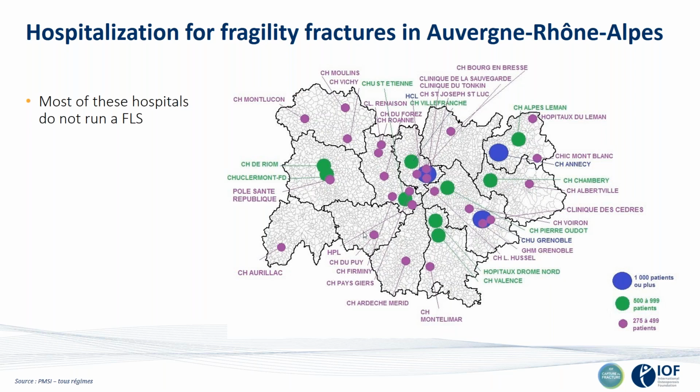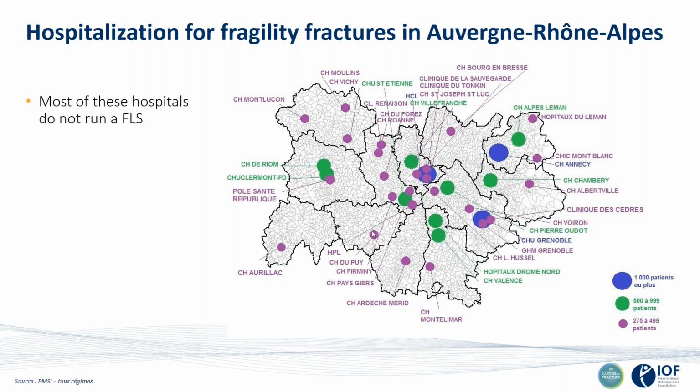picture is to show that there are many different sites where patients with osteoporotic fractures are managed to fix the fracture. You have the large blue dots that are big hospitals, as well as the green ones that are usually university hospitals or large institutions. And in these institutions, there is definitely enough room and enough human resources to set up an FLS and manage